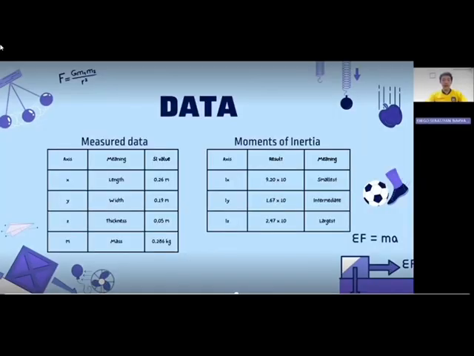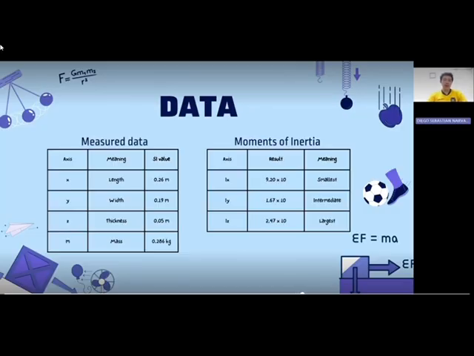Okay, the measured dimensions of the iPad box were x equals 26 centimeters, y equals 19 centimeters, z equals 5 centimeters, and the mass was 286 grams. In SI units, these values are x equals 0.26 meters, y equals 0.19 meters, z equals 0.05 meters, and m